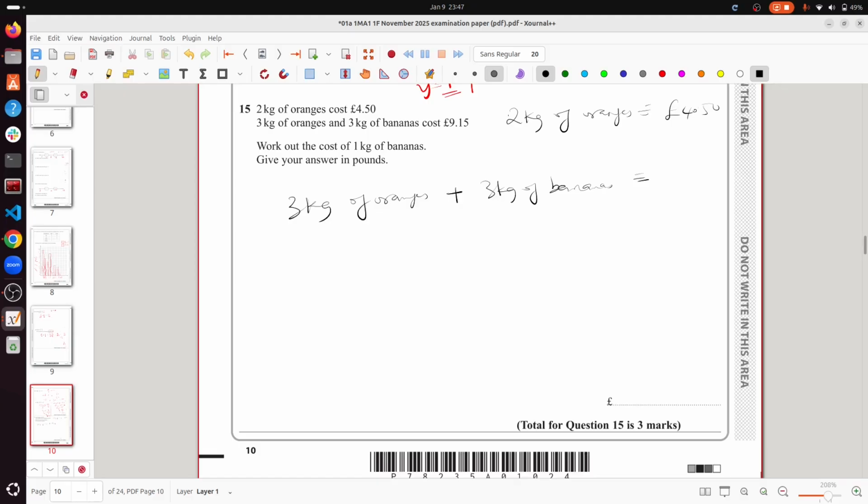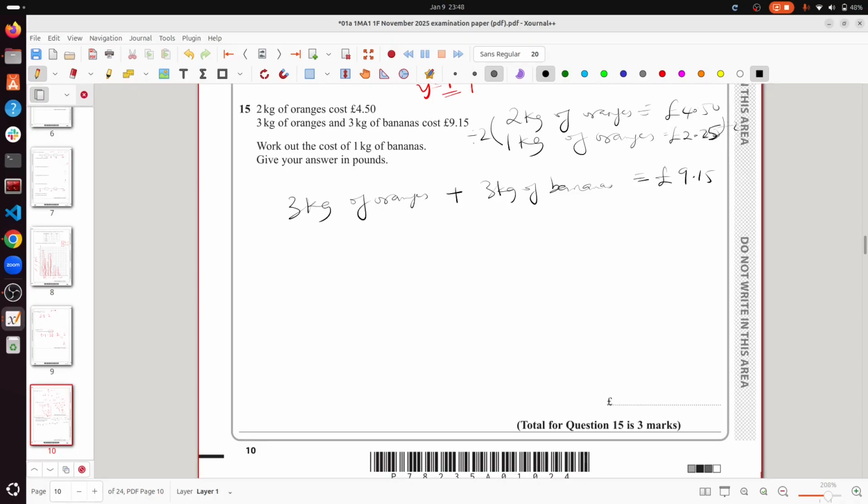They cost me £9.15. Work out the cost of 1 kilogram of bananas. Okay, so we could find what 1 kilogram of oranges will cost. What have I done here? Divided by 2, divide by 2 as well. So that will give me £2.25. So I know that 1 kilogram of orange